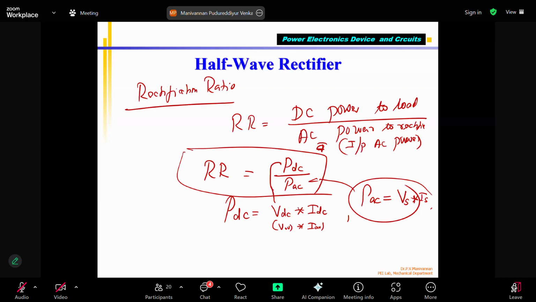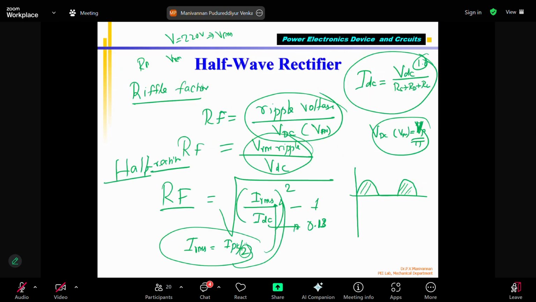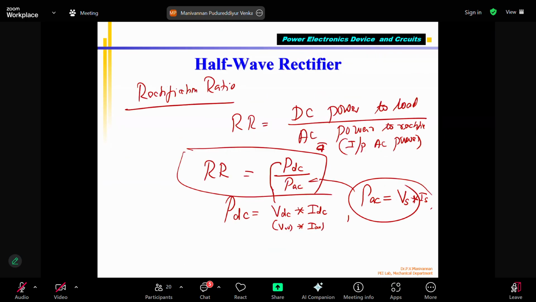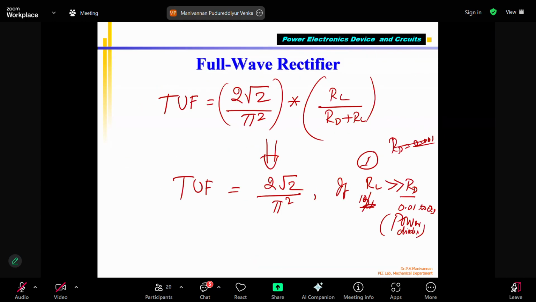But as I told you, the output of the rectifier is a pulsating DC. Only the positive half cycle is going through the half-wave rectifier, and it varies from 0 to the maximum value, but it's not a constant DC. Now, many times if you want to have a constant DC, what you have to do is